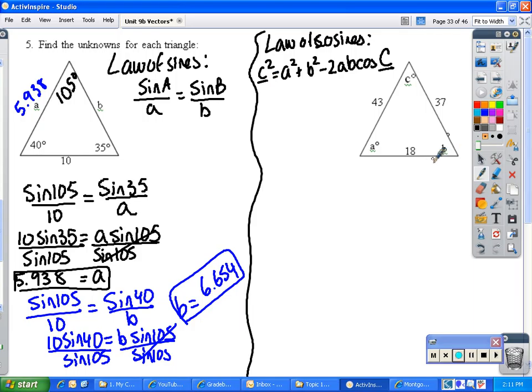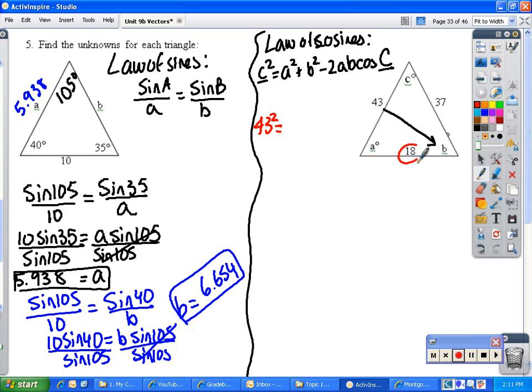I always like to solve for B, the bigger angle, and since the bigger angle is opposite the biggest side, I'm going to solve for that angle first. So I'm going to fill in everything I know. I know that over here in the equation, little c is the side. So if I want angle B, then this has to be angle B right over here. So 43 squared has to equal